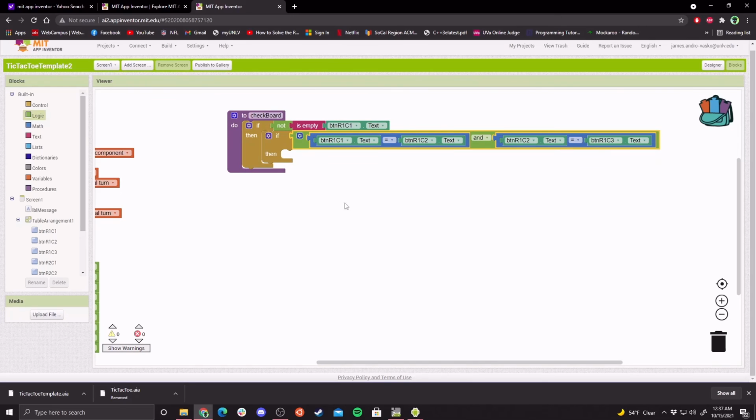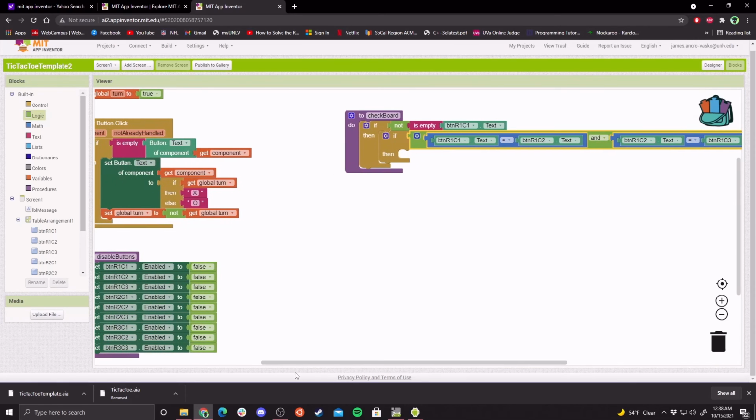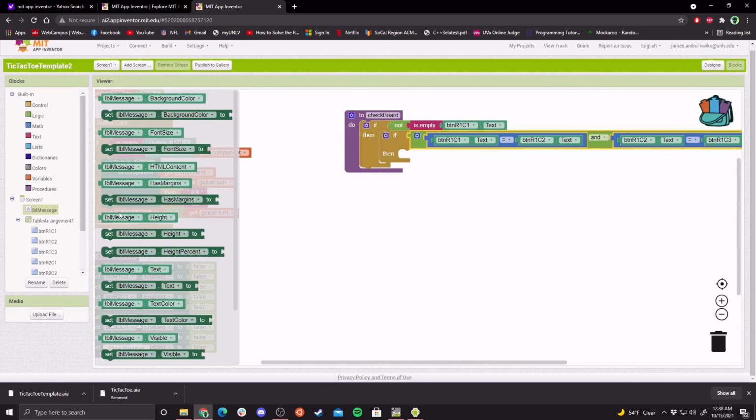So we first check if R1C1, row 1, column 1, is not empty. Then we check if R1C1's text equals R1C2's text, and R1C2 equals R1C3. That means we have three elements in a row that match. So, of course, I'm going to go to my LBL message label,